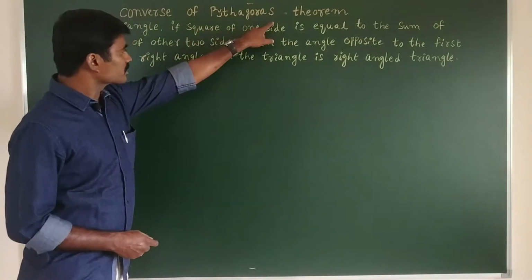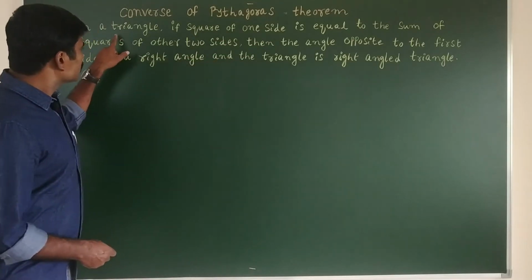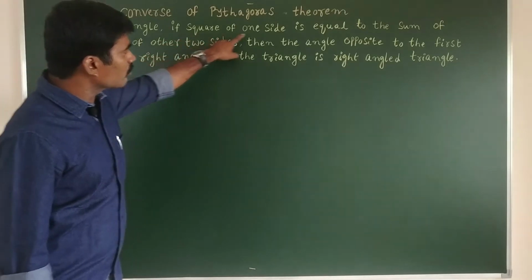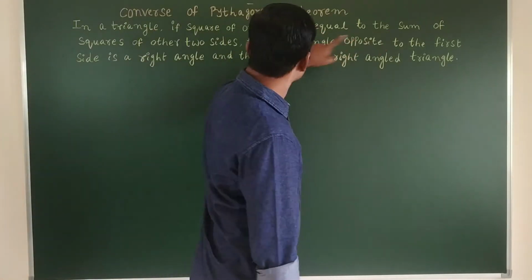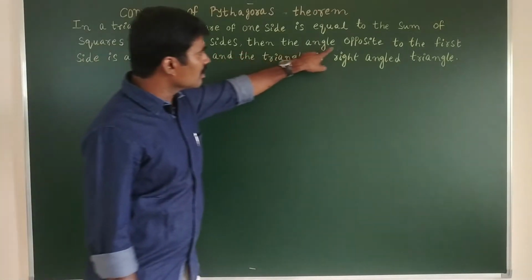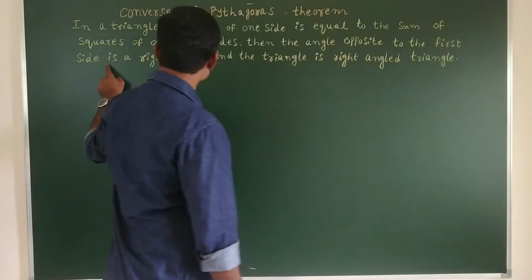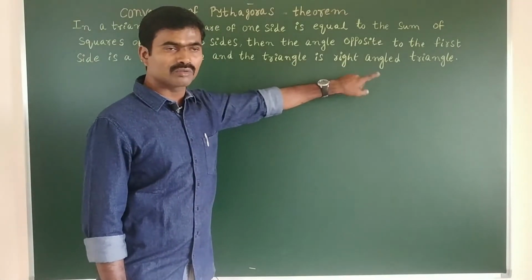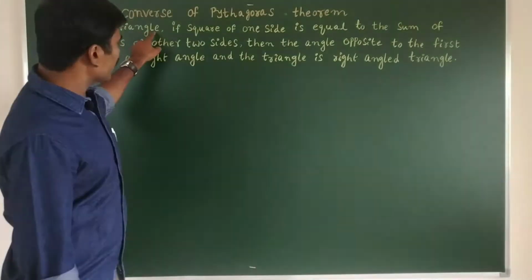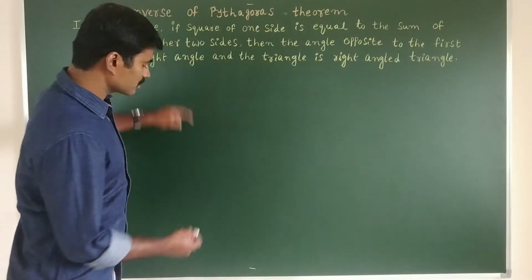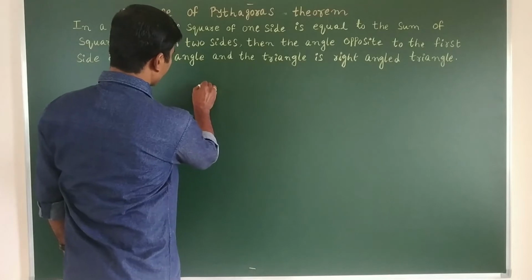Converse of Pythagoras theorem. The statement is, in a triangle, if the square of one side is equal to the sum of the squares of the other two sides, then the angle opposite to the first side is a right angle and the triangle is a right angled triangle. What is the statement? In a triangle, if the square of one side is equal to the sum of the squares of the other two sides. So, take a triangle